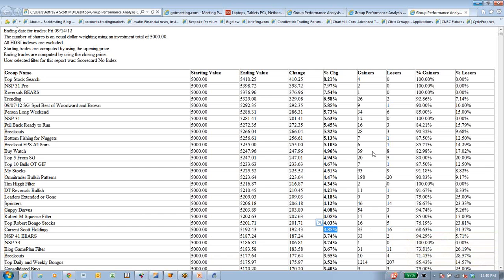Now that's interesting. Then I like to look at the buy watch, and that's probably the one I find most important, because these are the stocks that I identified as potential buys last weekend. I'm going to break these down in a second. I can see that from the buy watch, I was 82% positive with nearly a 5% gain. This makes me feel good because it tells me that the types of stocks and the patterns that I like were outperforming the market. Doesn't mean I'm good or bad. It means that the stocks that I like were outperforming.